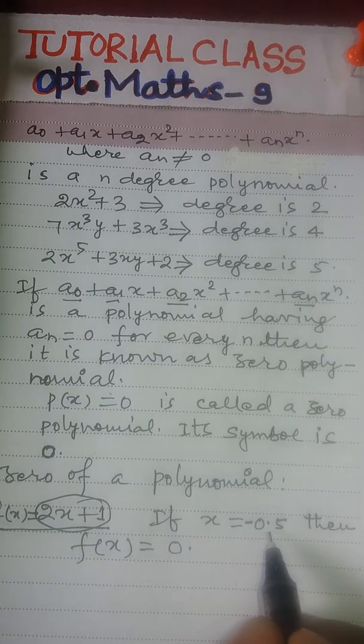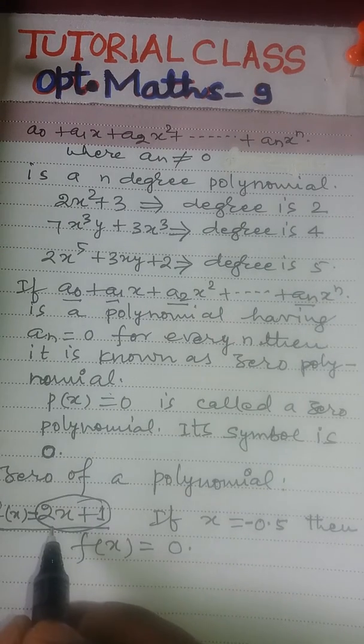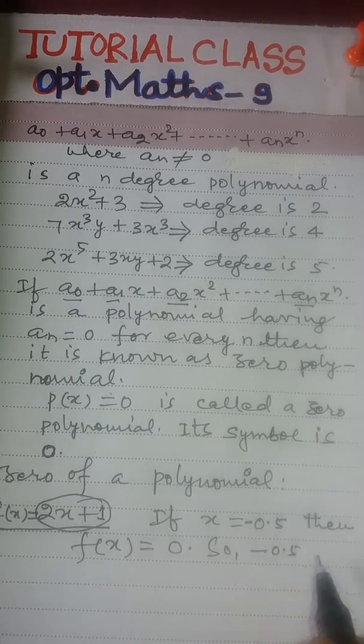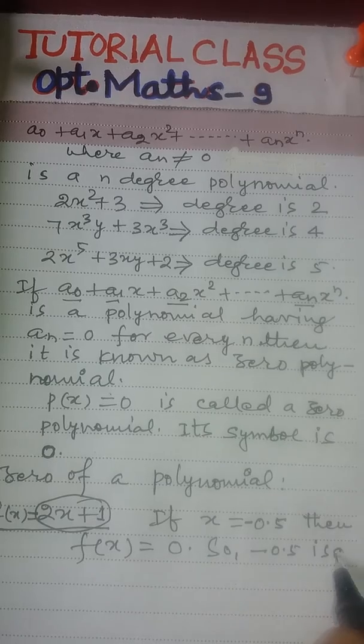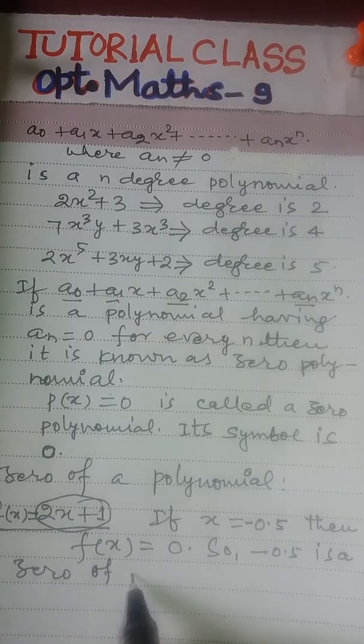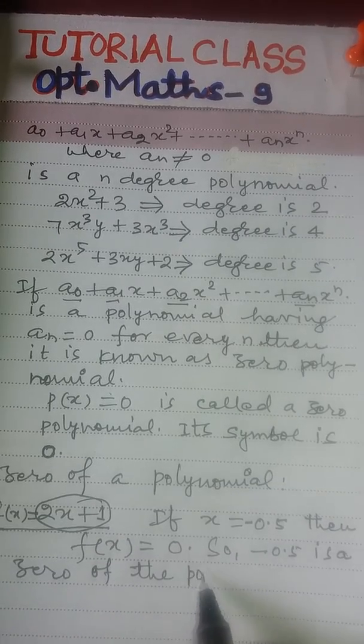So x equals minus 0.5 is a zero of the polynomial here. So minus 0.5 is a zero of the polynomial